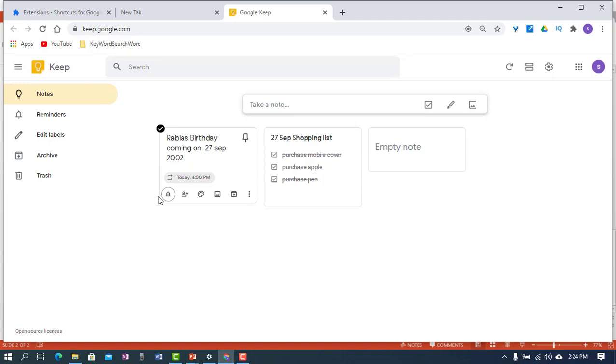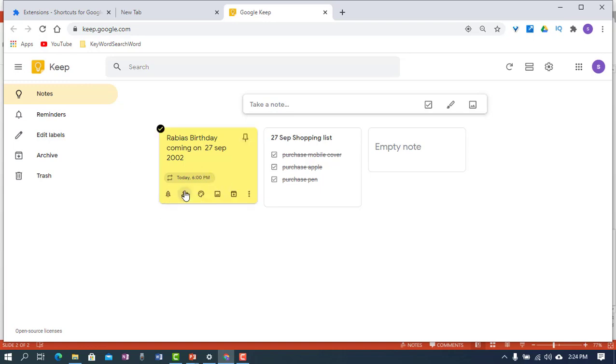Now what can we do with this task or event? We need to just add any color. For example, I choose this yellow color. So it is a very appealing color, and I can distinguish from my first screen what it means. Okay, the next thing is what can I do?